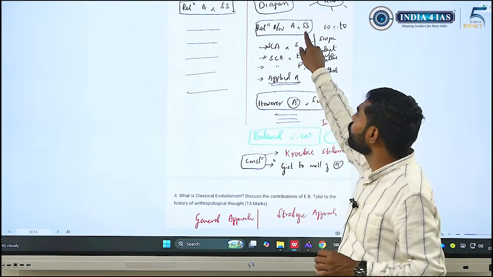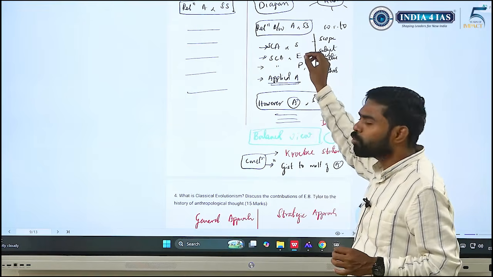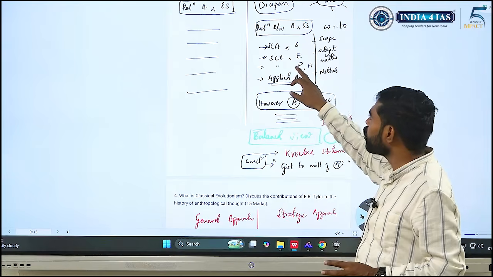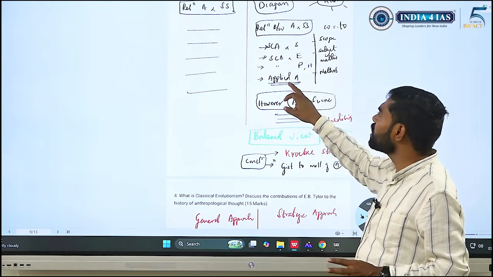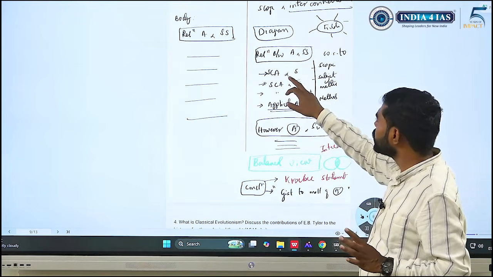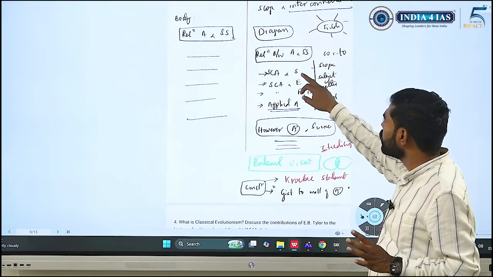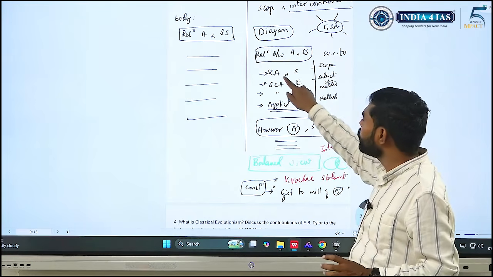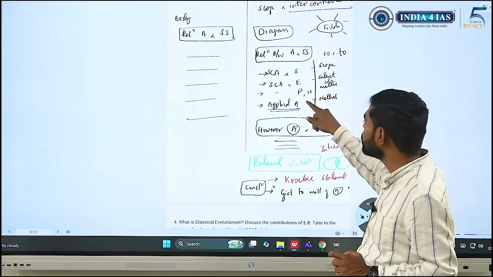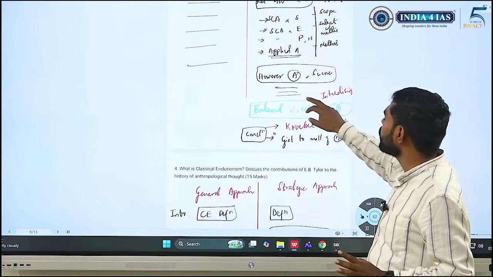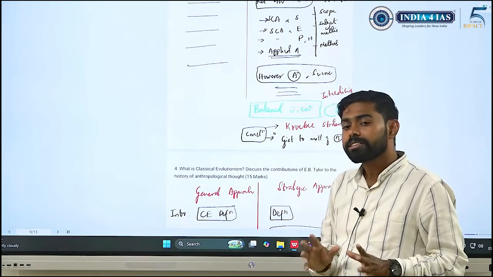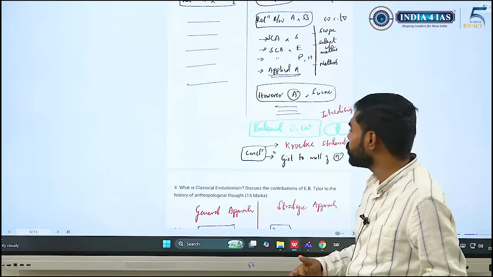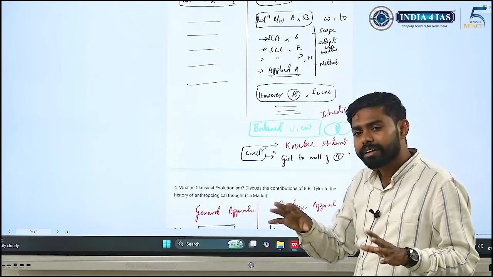I am dealing one part of social science with one part of anthropology: sociocultural anthropology and its relation with sociology, and its relation with economy and polity and history, and sometimes applied anthropology. And in each subpart, I am discussing 3 points: the scope, the subject matter, and the method. With respect to these 3 points, I'll be discussing one subhead. So here you can see I can easily get 12 points. And after that, the most important thing is what he's asking: how do you situate? He's asking for your evaluation as well. So I am discussing the critical aspect as well.